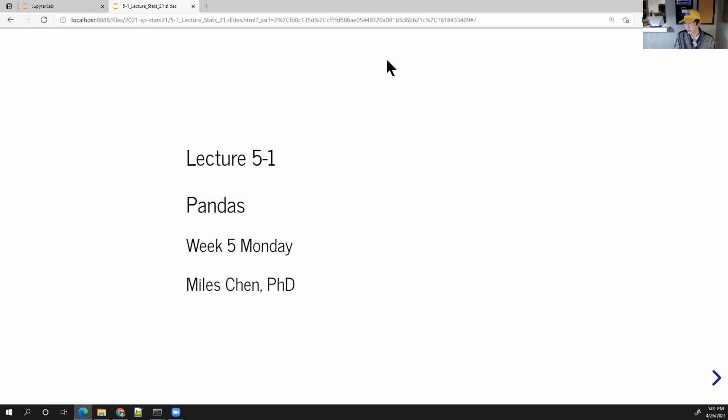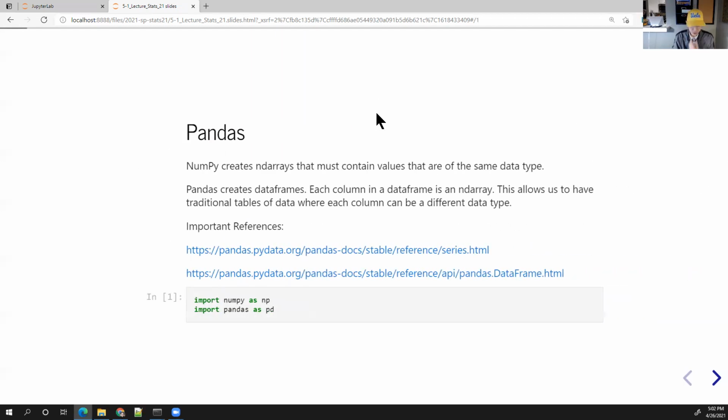Today's lecture will just focus on the very basics of creating a data frame and then subsetting a data frame, because that's quite a bit of it, and the notation, the syntax is a little bit different, and there are certain things that distinguish a Pandas data frame from a data frame in R. There's a lot of similarities, but there are certainly some differences as well. Okay, so